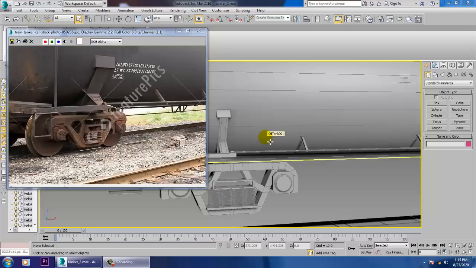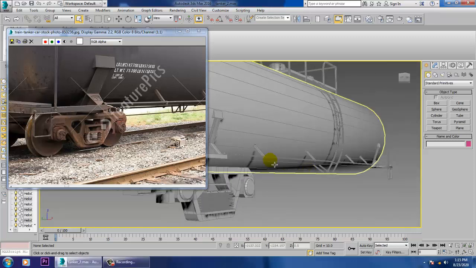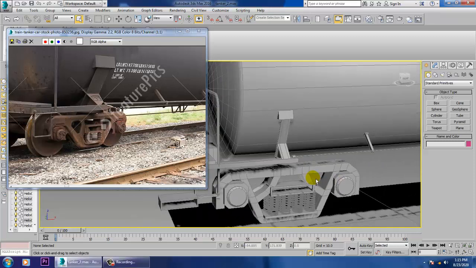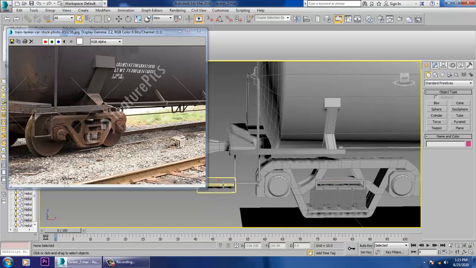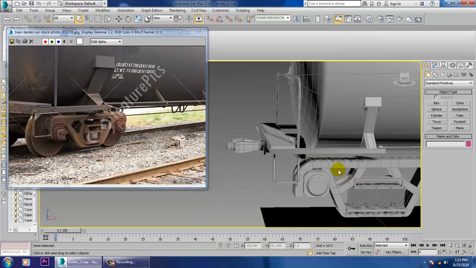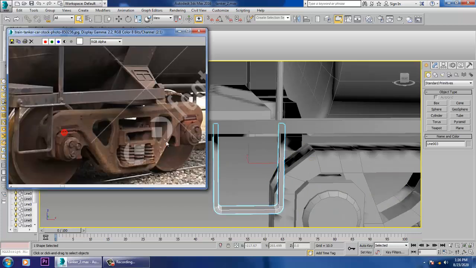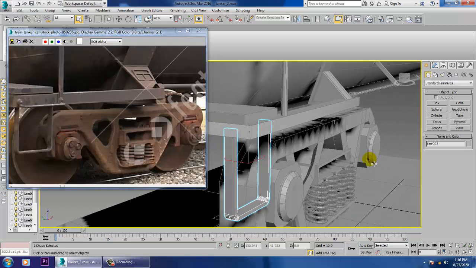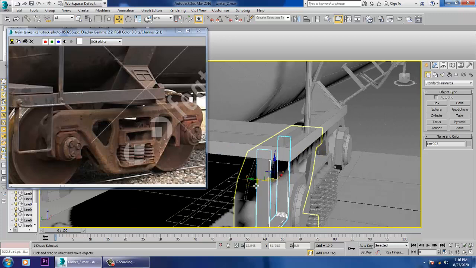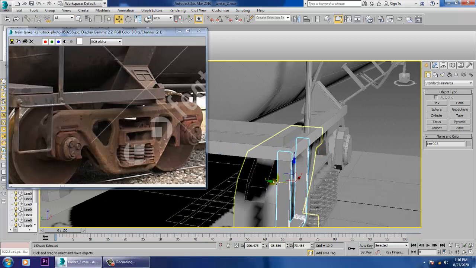Hello all. So let's continue with the next part of this tutorial. So let's get started. As you can see over here, we have started this stuff over here. So let's continue it. Now what we'll be doing over here is we'll be just pushing this a bit